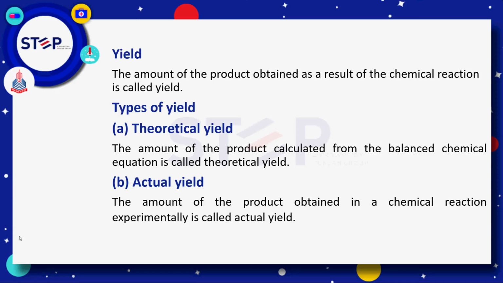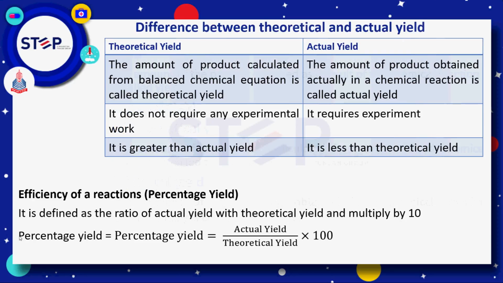We discussed that 2 moles of hydrogen react with 1 mole of oxygen to form 2 moles of water, and 36 grams of water formed is the theoretical yield from the balanced chemical equation. Actual yield is also called experimental yield. The amount of product obtained in a chemical reaction experimentally is called actual yield, and it is always less than